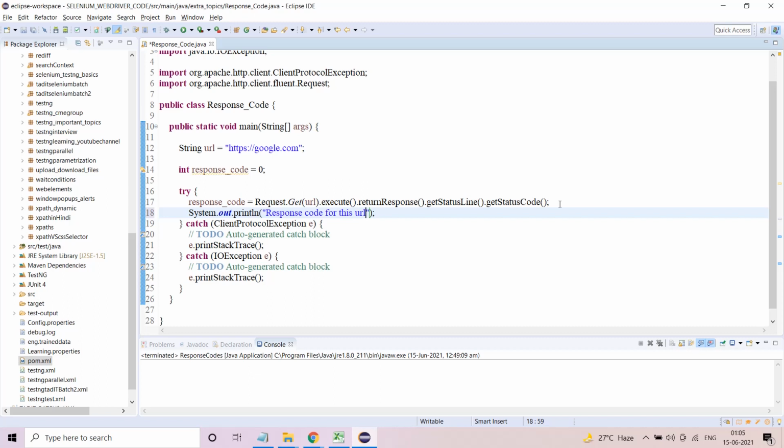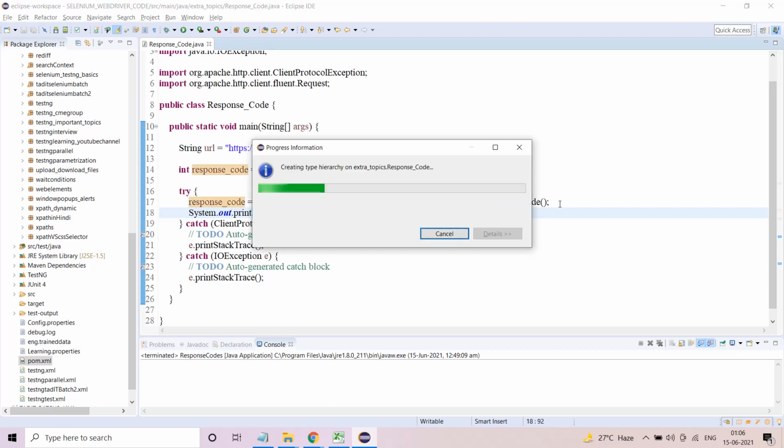You can say something like this, and you can also mention the URL, and you can just say is response_code. That's it, nothing much. So what I'm going to do, I'm just going to execute this. It's a very simple thing.